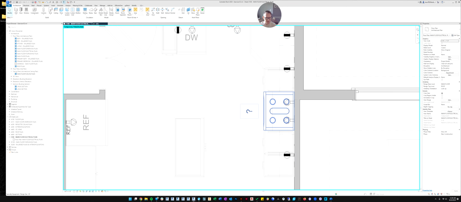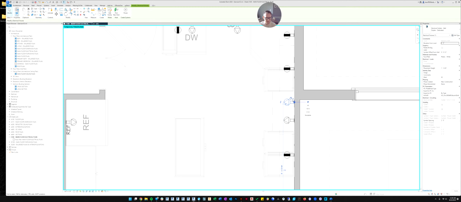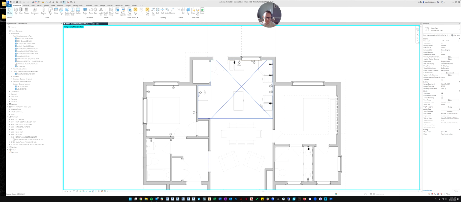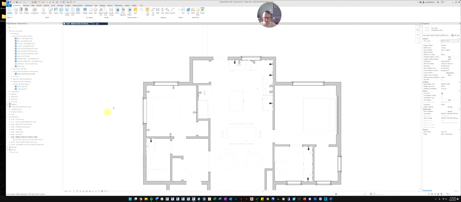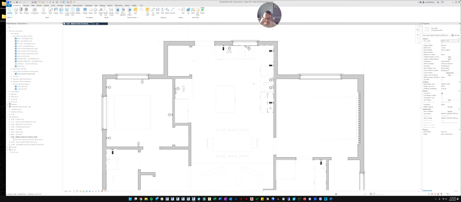And then the same thing you can do over here. We're going to grab this and label it R for range, and we'll label this one H for hood. There we go. And we'll reset our hidden elements so that they come back.